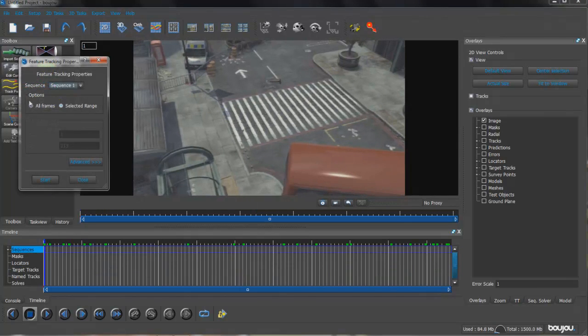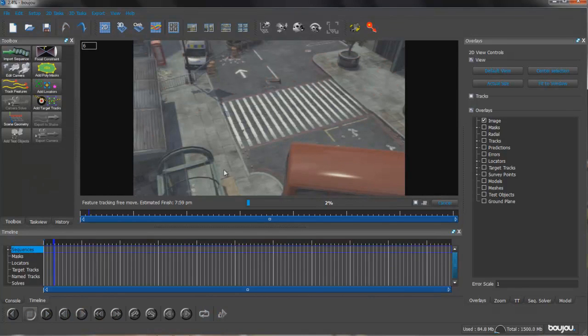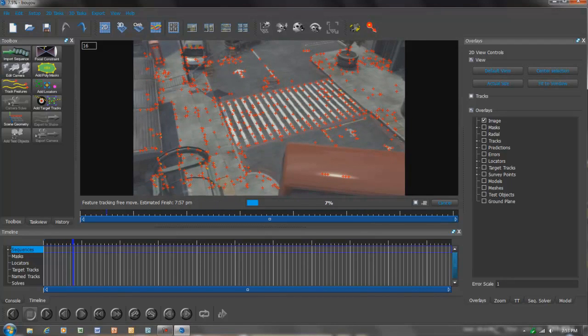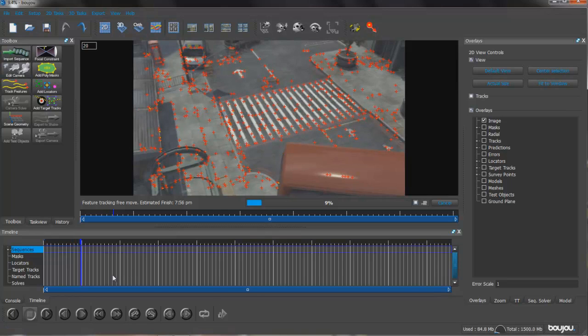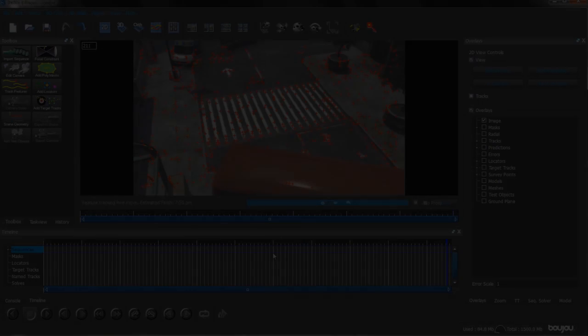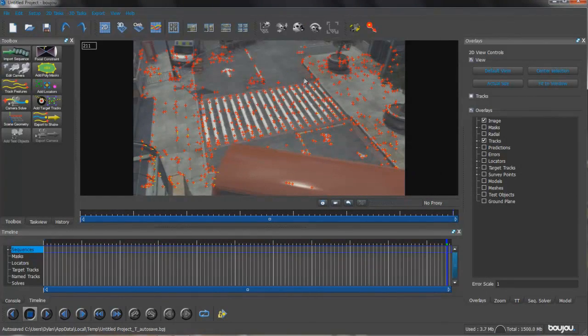So you come here, you click track features, make sure you have all frames selected, then you can click start, and it should take under a minute, if anything, and maybe 2 minutes to track all the features. So I might fast forward this. And we're back, guys. So it has just successfully tracked all the features in this